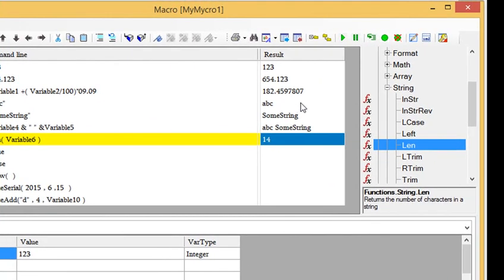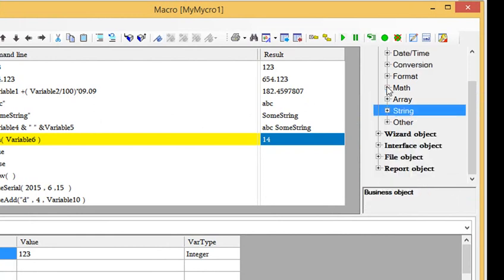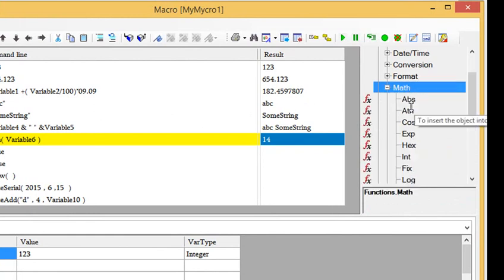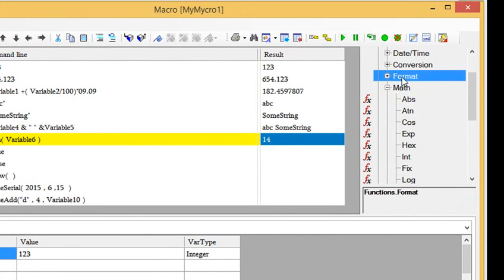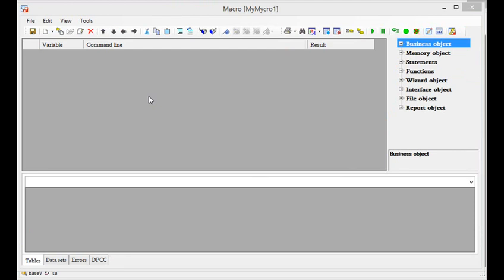And we can see other functions here as well. For example, mathematical functions, which are based on digital values, format function, and so on. We will touch on those functions from time to time, or you can look at their parameters and drag them into the macro text. The most important thing when writing macros is to avoid putting different types of variables together in